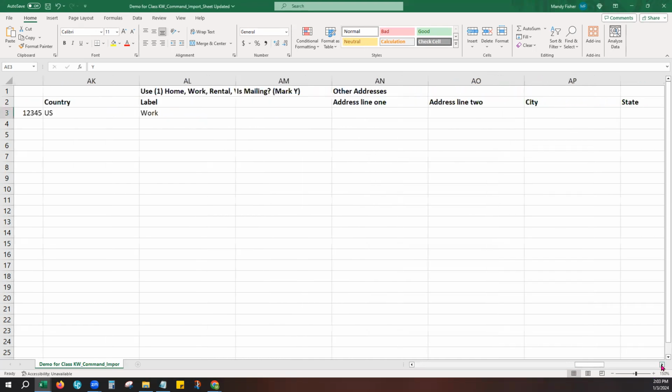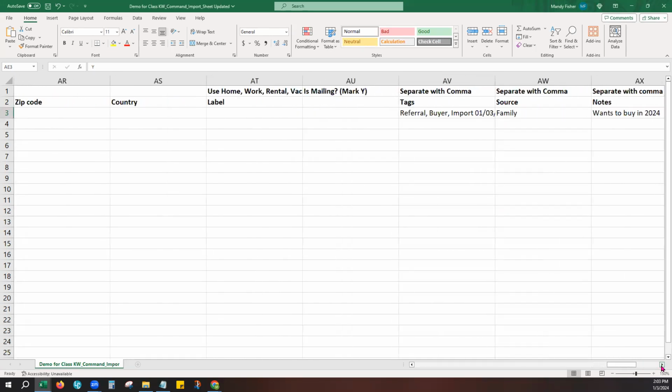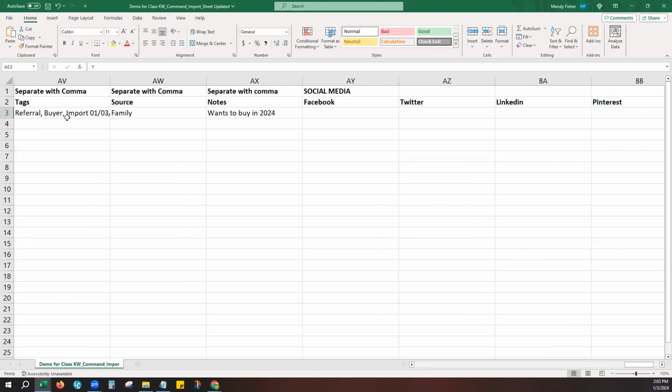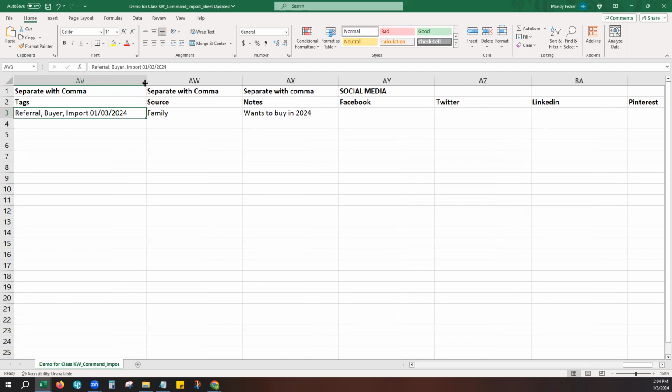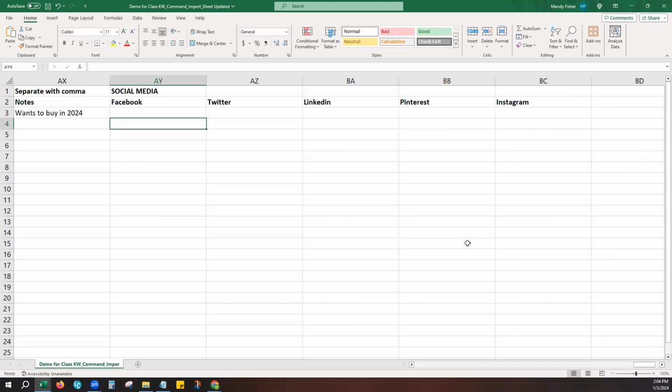Further over to the right, there's another option for another address, a third address. We'll keep going. And after that, you will notice that you have the option to add tags. You can add as many tags as you want, just separate them with a comma and a space. You can add the source as well, and you can add notes and even social media profiles. That gives you several options for that as well. Okay, and those are things that would go on your template for your import,